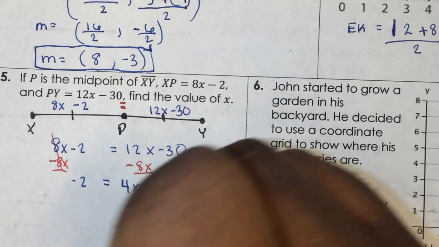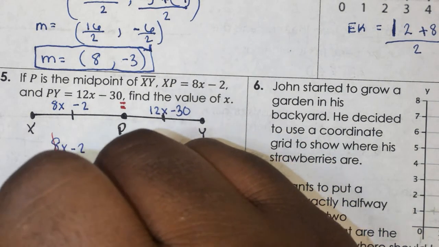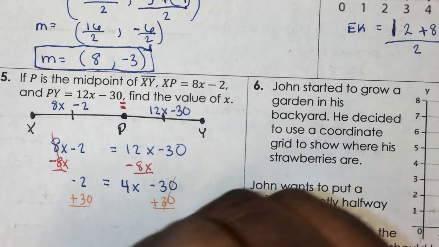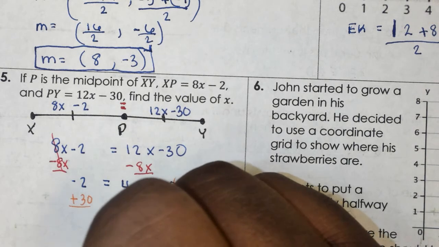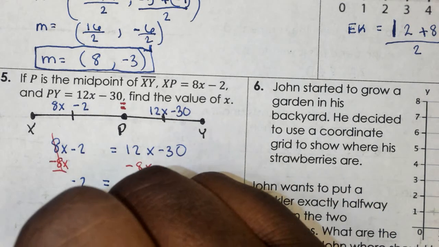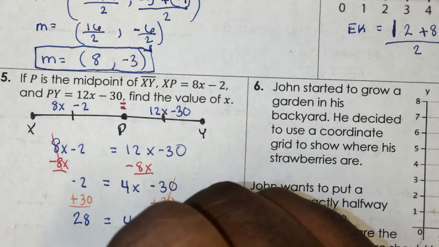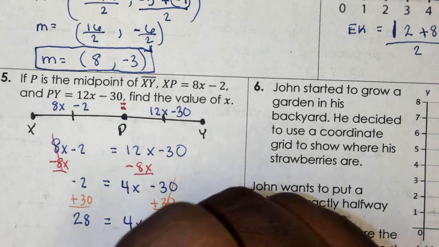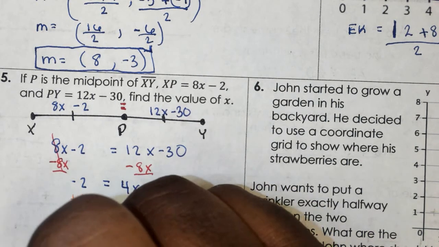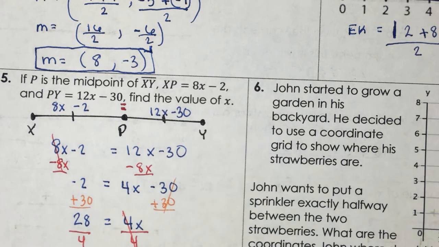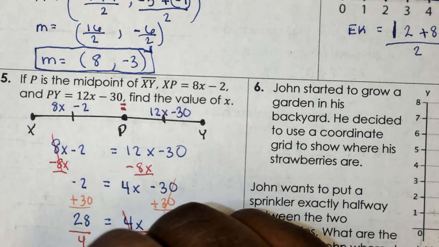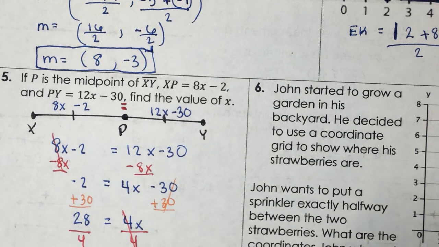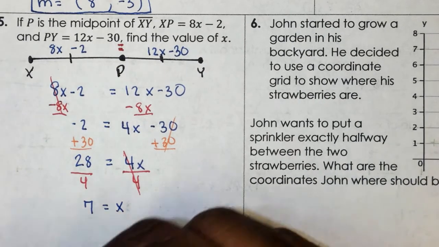Add 30, cancels. 4x equals 28. Divide by 4, divide by 4. 7 equals x. And like I said, you can reverse it around if you want and make it x equals